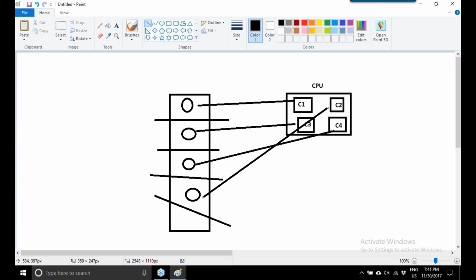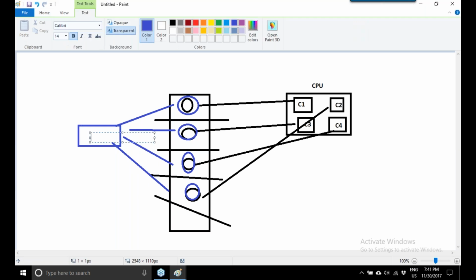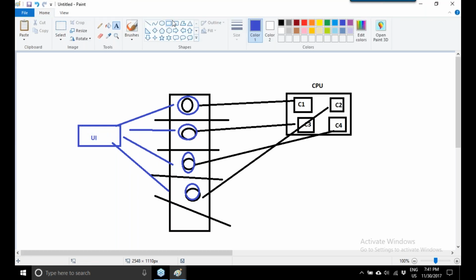Each core will process its individual part. Finally, the result is assembled and given back to the user interface. Now this is nothing but massively parallel processing.